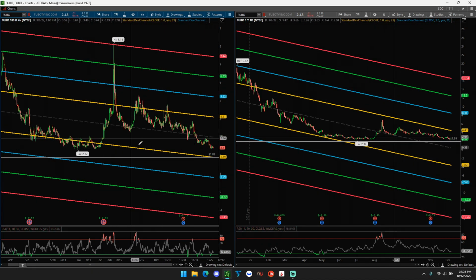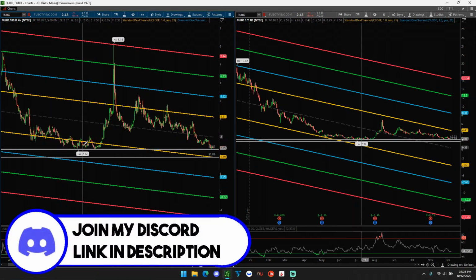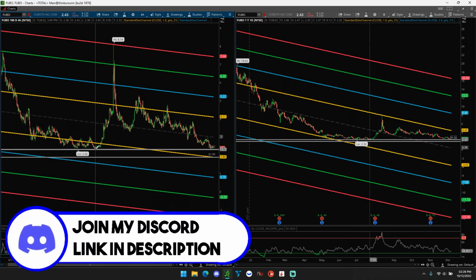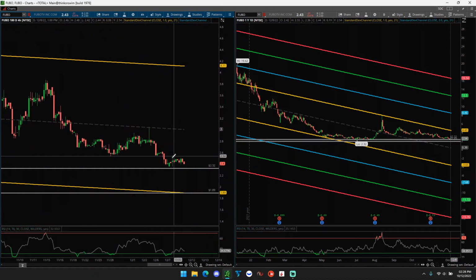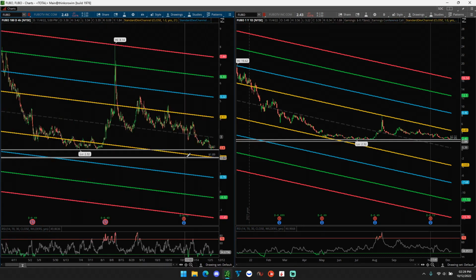Now, if we continue down, 190 is going to be that first layer of support. Obviously, where we are now, around 230, is heavy support. You can see big support going back around July time. Coming back to test this again, we got a bounce here, and it looks like we're going to retest it. So really 230, that 52-week low, is key. But if we do start to break it,